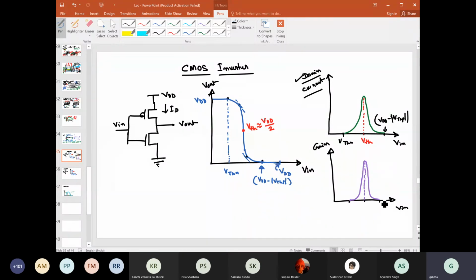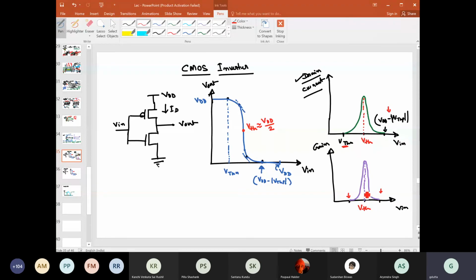So if you calculate, from here there is no gain, and here also. This is the switching threshold for this inverter, right? So here the gain of this inverter is highest, and if you go towards this point, right, you understand this is this point, and this is this point, right? Here the gain will reduce.